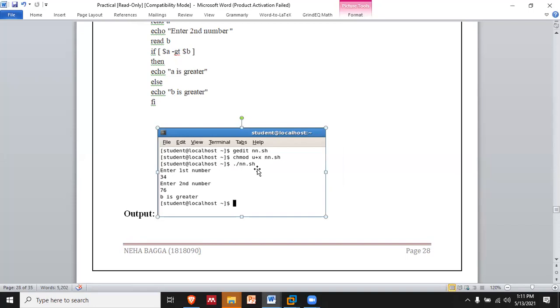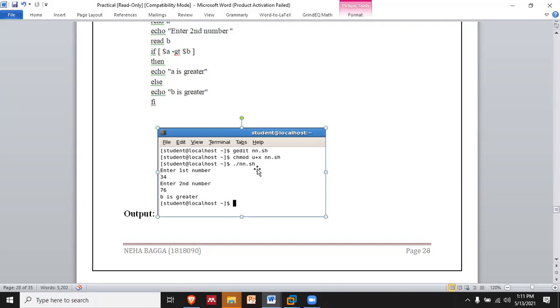It will prompt you to enter the first number, right? It waits for you to write something from the keyboard. Once you type the number 34, it asks you to enter the second number. Then you type the second number.